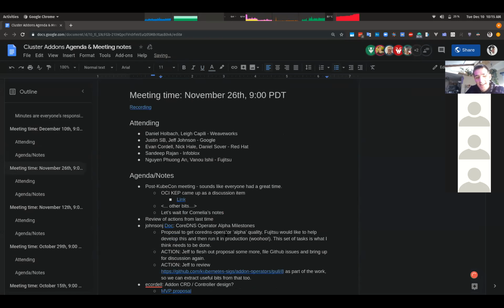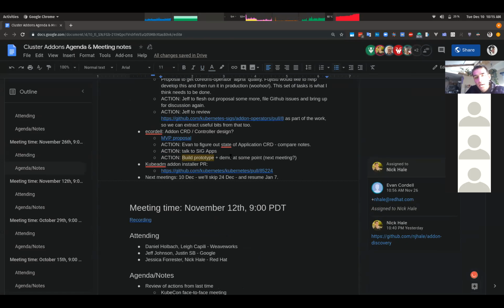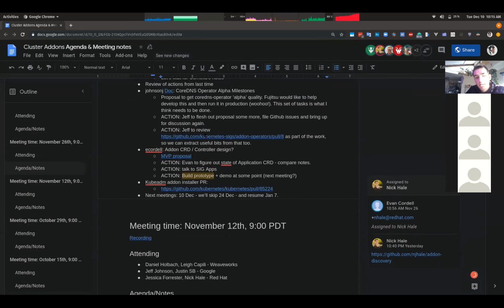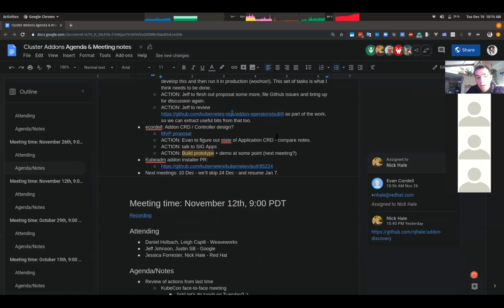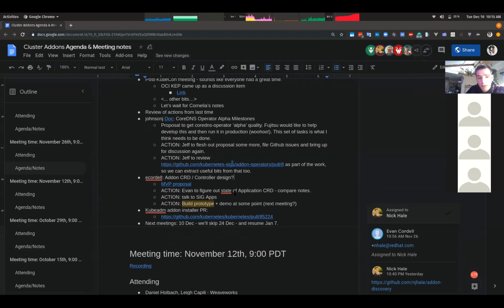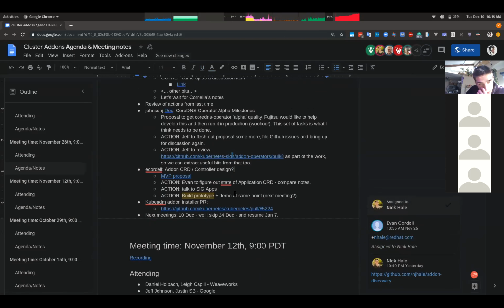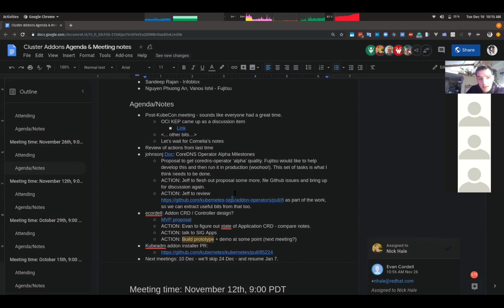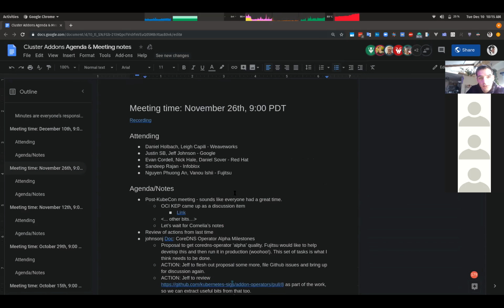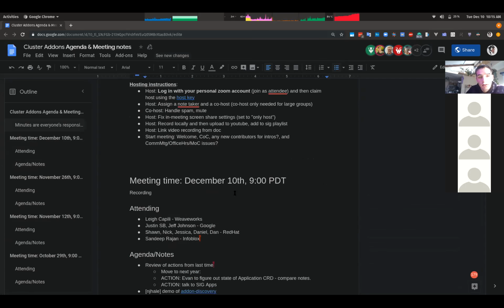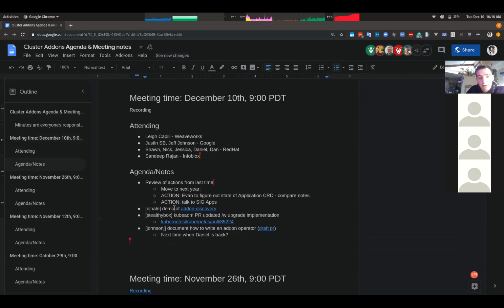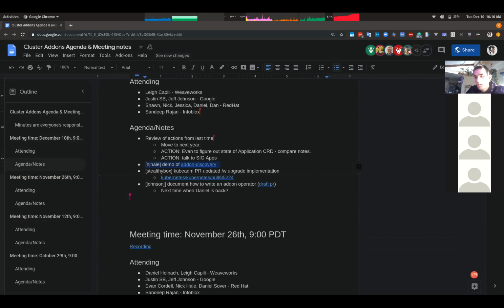All right. Then there were some other things that were starting to happen. Aside from just talking to SIG Apps, I know that the Red Hat folks wanted to build a prototype and then perhaps do a demo of this app discovery and observability portion, for add-ons in particular. In our agenda, we have a demo if that person's available. Yep, that's me. I can take it. Should be super quick.